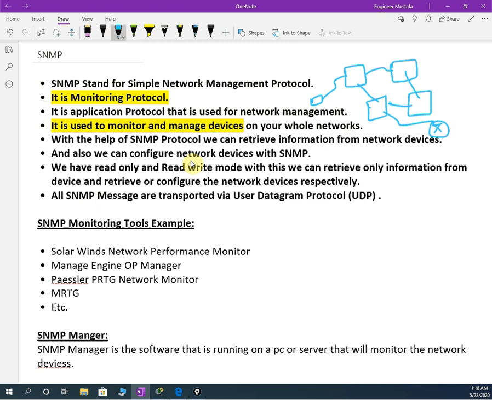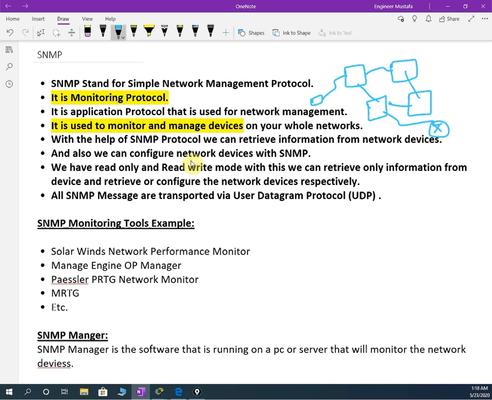So NMS is a network management system. It is used to monitor a large number of networks. With this, you will have one PC, and in that computer you are getting all the information. If you are integrated with the SMS system, you will get a message on your mobile saying that for this router you have this issue.